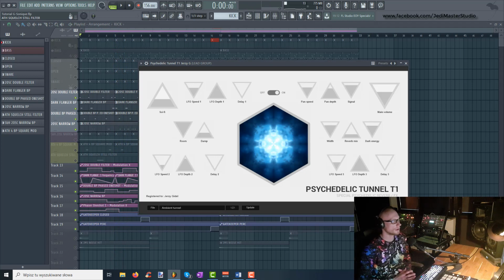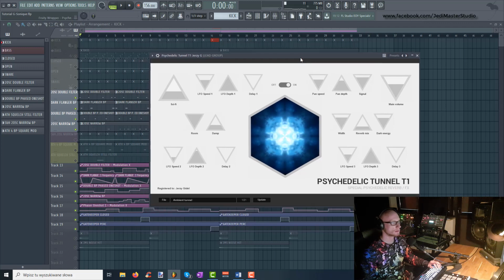Okay, so as you can hear, those sounds, those one-shots are actually kind of dry. They're missing some kind of ambience behind them. So I will use this PsyTunnel T1, which is a special psychedelic reverb FX, and it's dedicated especially for Psytrance music. Of course, you can use it for different genres, but this is a simple reverb plugin, but it has some extra functions. We have a sci-fi knob, we have this kind of dark energy,